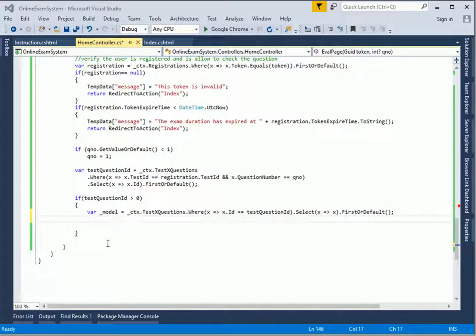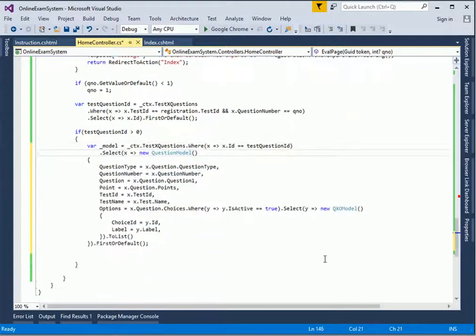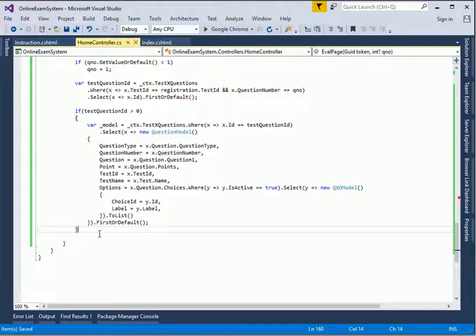Now what we can do is we can create a new object like this. All right, I'll leave the model here a little bit and explain. So we're retrieving the question from the test question. All right, creating a new question model: question type, question number, question, the points, the test ID, the test name, and the options. So again, this entity framework has joined the relation table, which is the choices, by the foreign key. And we're retrieving all the choices in the model with the ID and just the text, nothing more. All we have to do now is